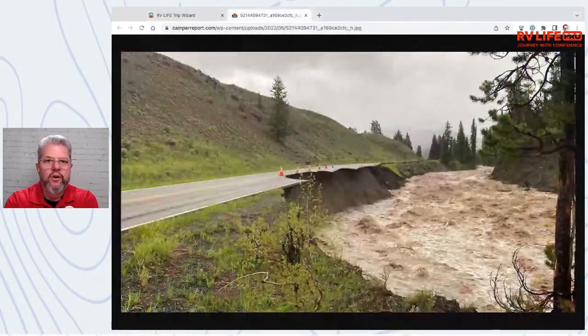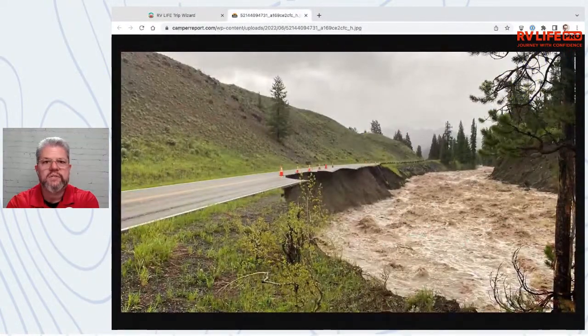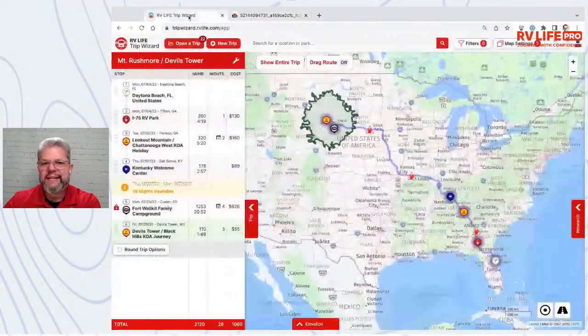So if you haven't already heard, of course, the big RV news is Yellowstone is shut down. Based, as you can see from this picture, all over the park, there's roads like this that are just disintegrating, falling apart, very precarious. There's folks trapped inside. Nobody's getting in from the outside until these rains and things. And even if the rain stops right this minute, you can see there's some real problems here. So this is a kind of crazy situation, but it did get me,